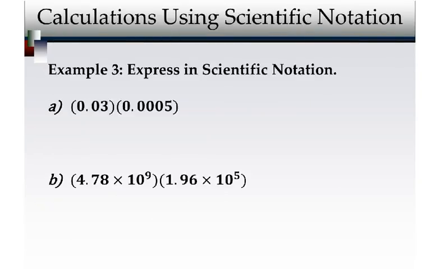Okay, so let's do a couple more examples. Again, it says express in scientific notation. For part A here, just multiply these numbers together, and then we're going to convert that number to scientific notation. So when I multiply these two numbers,